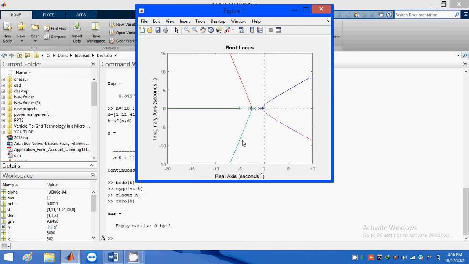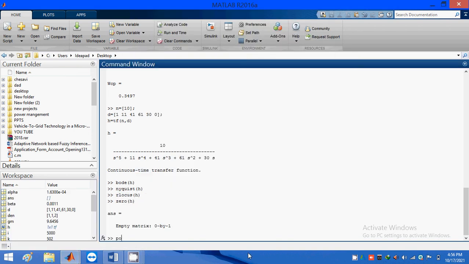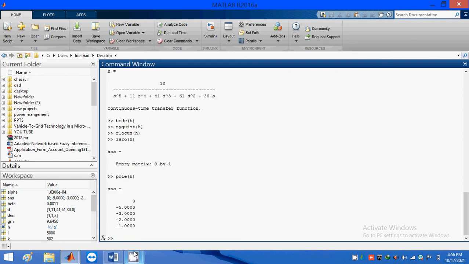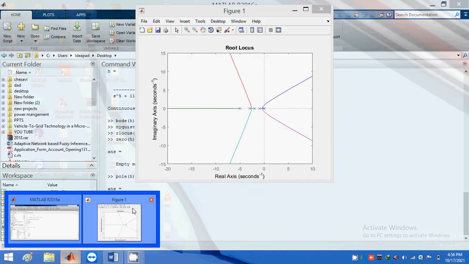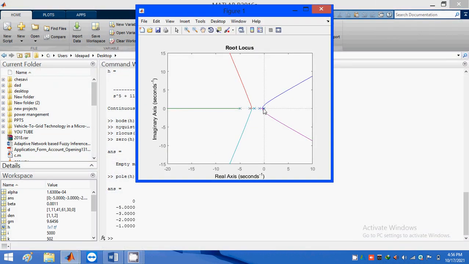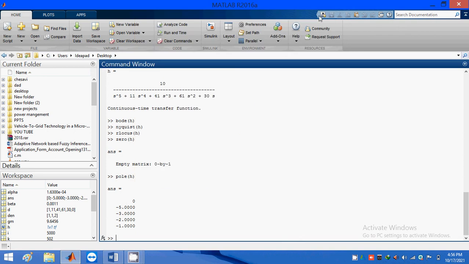Suppose if you want to find out the poles, okay. So in this plot we have one pole at the zero side, at -1, -2, -3, and at the place of -5, okay. So these are the commands for Bode plot, Nyquist plot, and root locus.